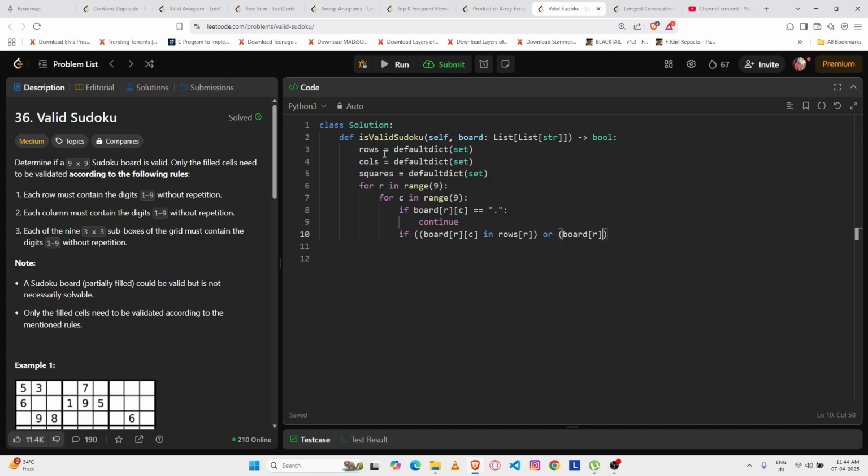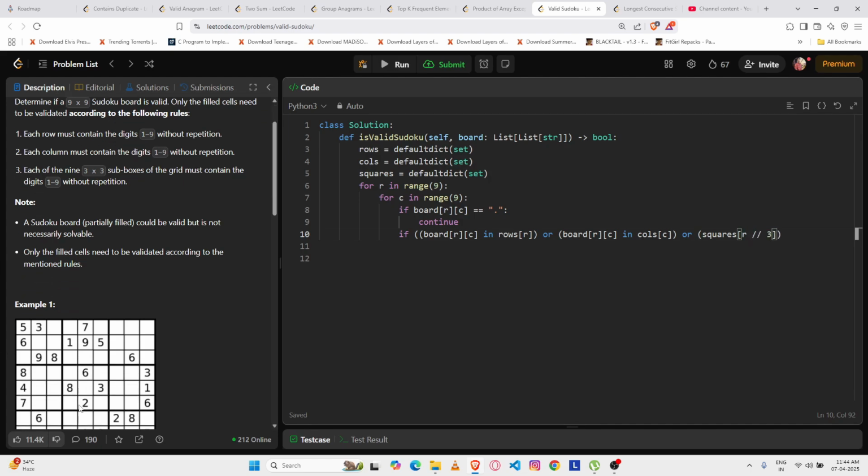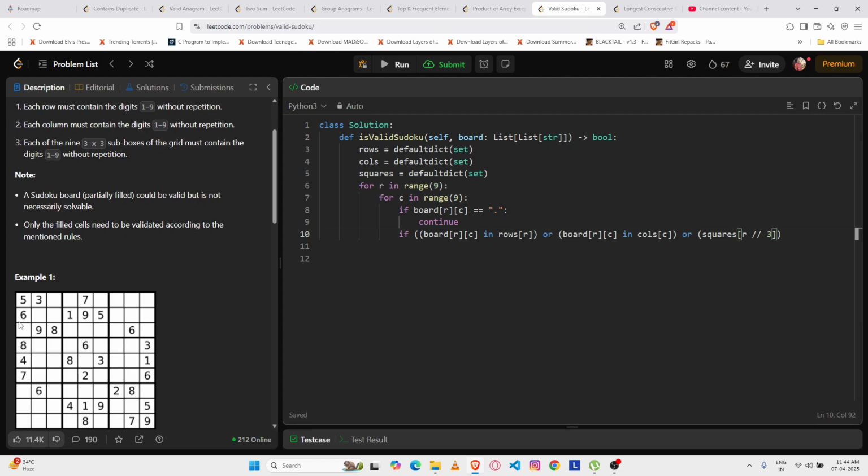Board of r c in our columns of c, or square of r divided by 3, because the board is divided into 3 by 3 squares, you can see there. So r by 3 comma c by 3 in our